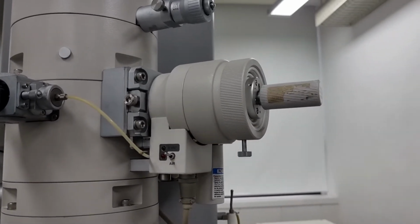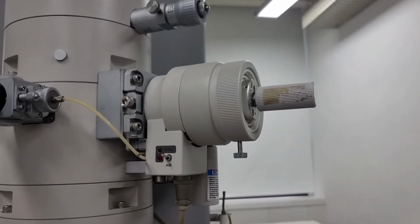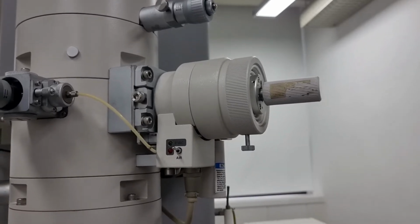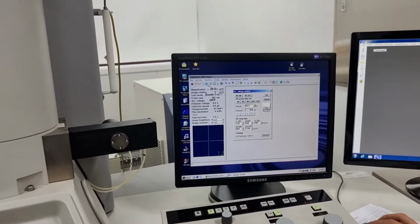You can only insert this rod once this green button is on, and once it's off you cannot. So you should keep that in mind. So this part is finalized, and for this